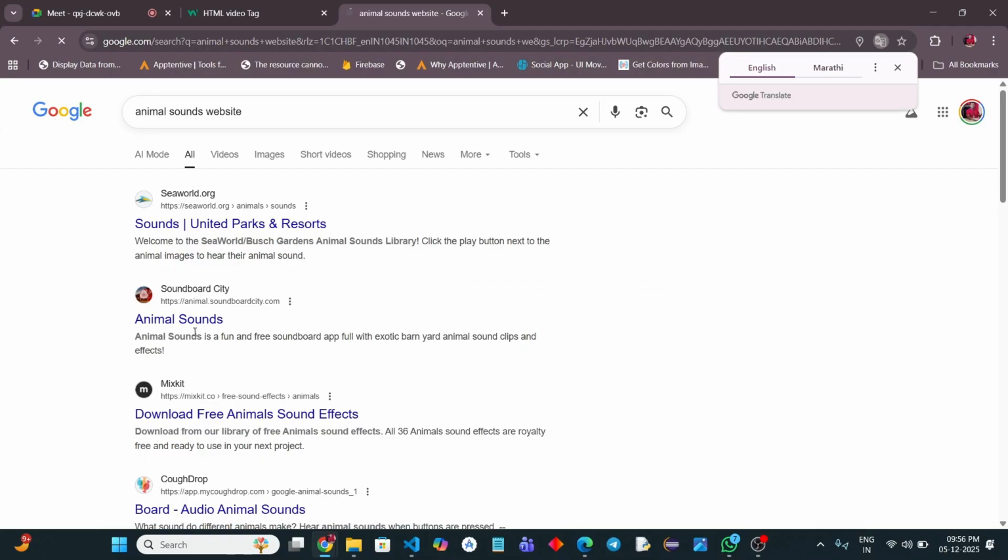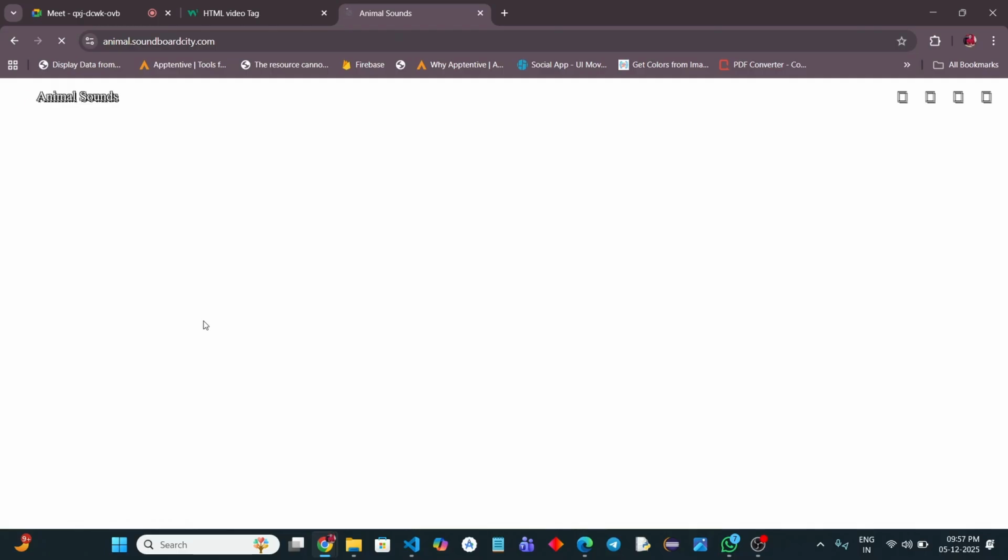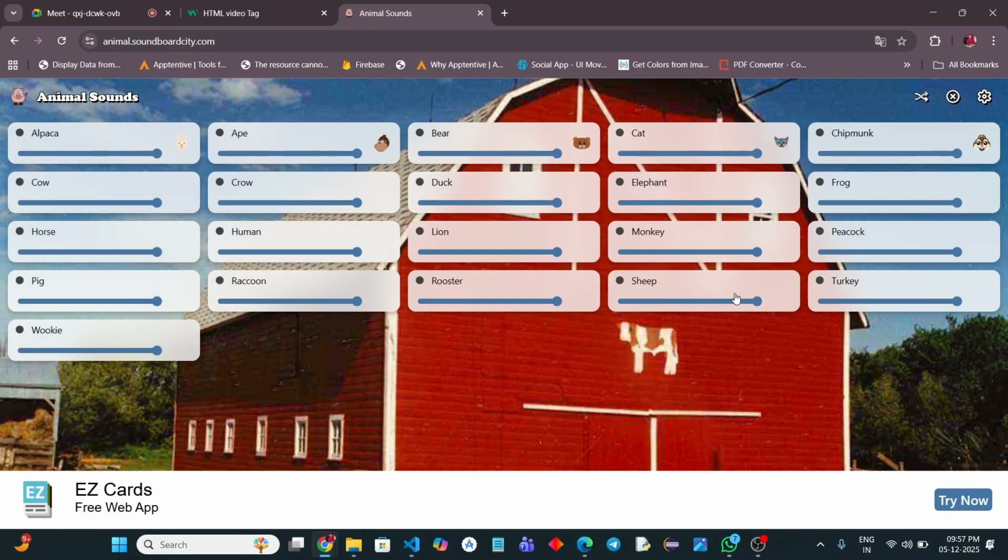So let's check the animal sound website. We just want to implement basic things. It is very funky, a lot of color combinations they have used. As of now, we can just make simple controls and try to arrange them in some good format. See, you can see this. Now they are using some cards and color combinations. But if you remember, we have the list tags, ordered list and unordered list. Okay. In a similar manner,